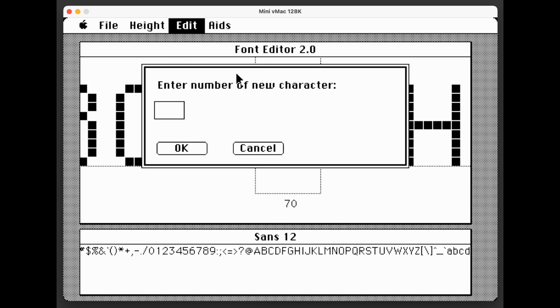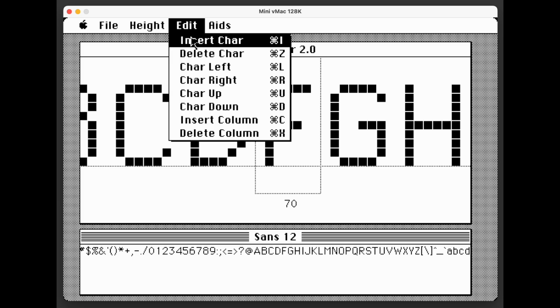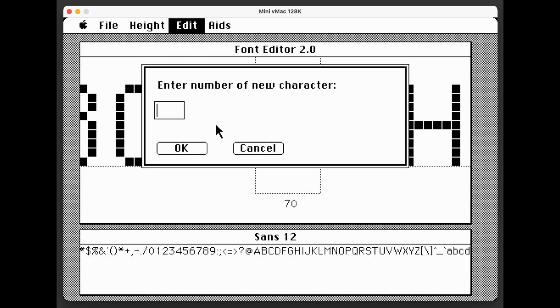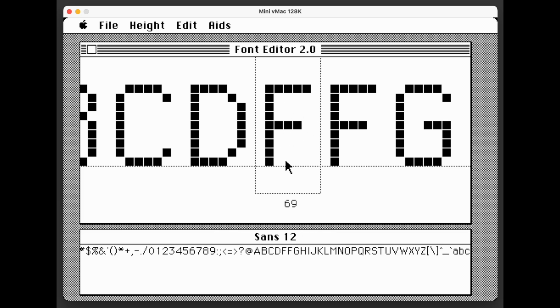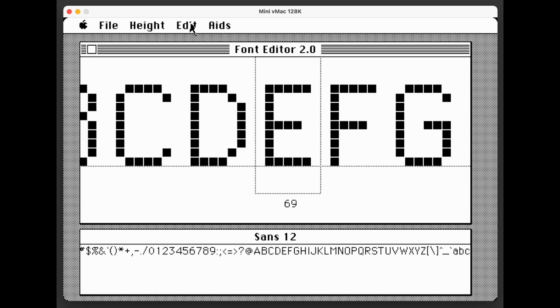Now you can do insert character, and I can type in 70, which is the F, and use that as the basis. Oops, it didn't work. Insert character. Oh, 69. There we go. And then it asks for the character to copy. And now we have two Fs, and we can turn that back into an E. So that is one way you might want to use the insert character and delete character together if you wanted to copy an existing character into something, because there is no way to copy and paste character images other than